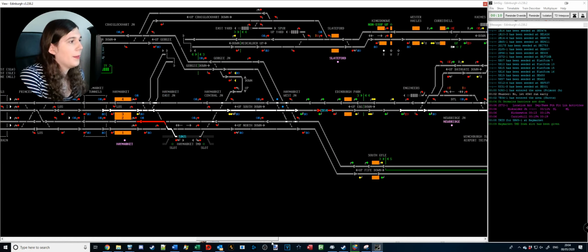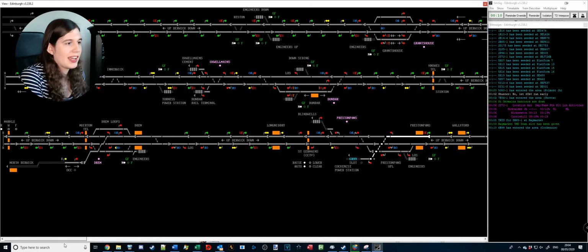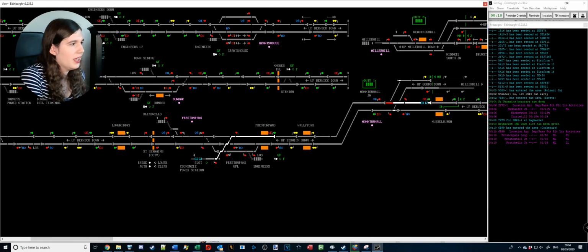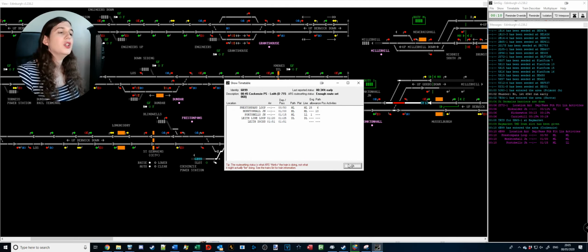So, 6B99 has entered the area at Cockenzie Power Station. It is going to Portobello Junction. Where is it going? Is this going to Leith Docks? It is going to Leith Docks. So basically,